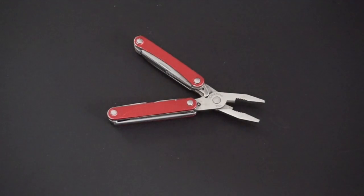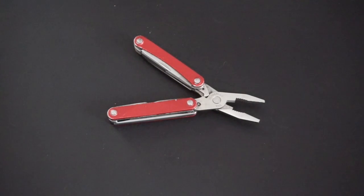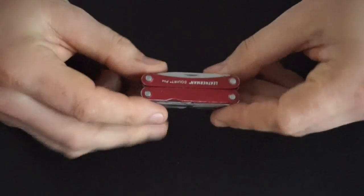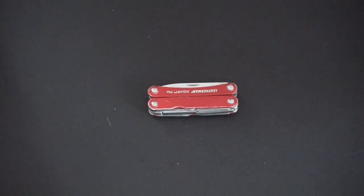I struggled with this because with these mini multi-tools, I'm always hearing stories about how they're saving everyone's day, and I'd carry them on my keys or in my pocket, and I just wouldn't use it, and I'd be like, what am I carrying this for? It's kind of annoying banging around on my keys. It's not huge, but on a key ring, that's a little bit of extra weight. So I wasn't really using it, and so I'd take it off,